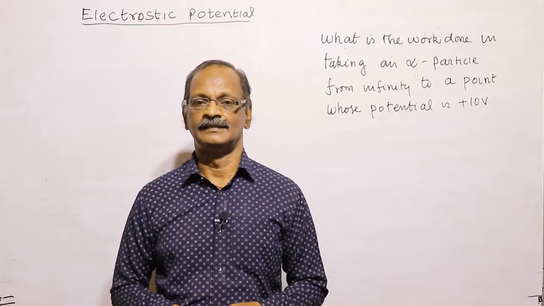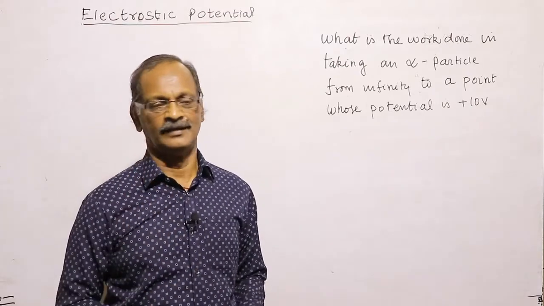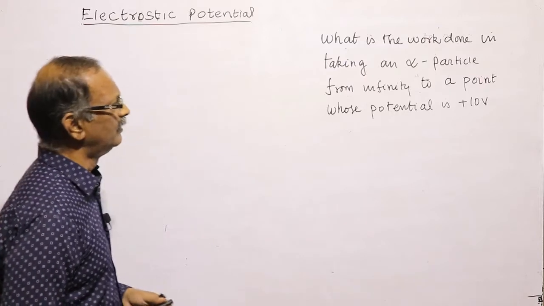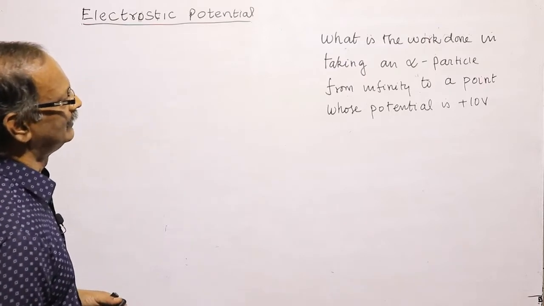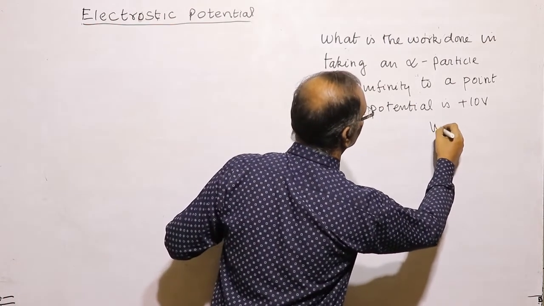So far we have seen the theory part. To understand the theory part, we have to do some numerical. Let us do some simple numerical. What is the work done in taking an alpha particle? So he is asking work done,